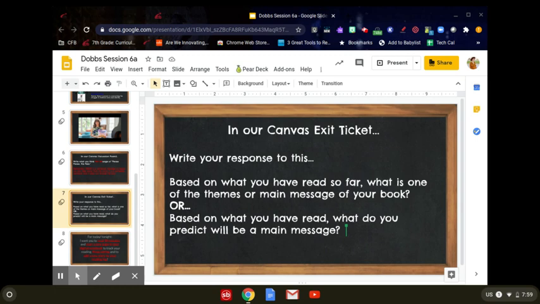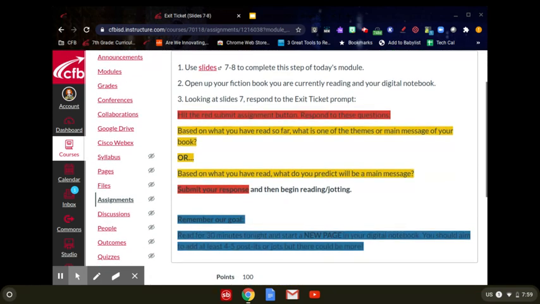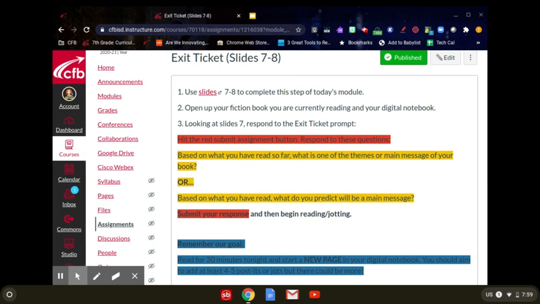And just a reminder, stories can have multiple themes, multiple messages, okay? So we'll click back over. You might have to look at what you've jotted in your notebook so far. You'll go ahead, hit the red Submit Assignment button, type your response to those questions, then go ahead and submit.